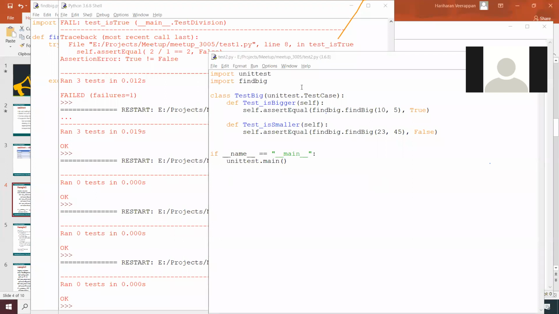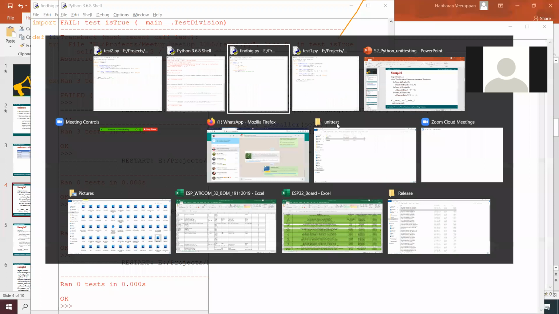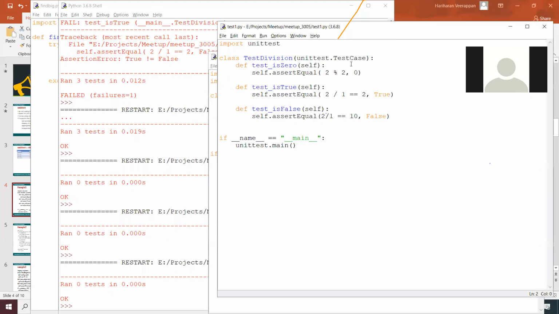Okay, test self dot assert equals, maybe there is a spelling mistake. Unit test dot test case.